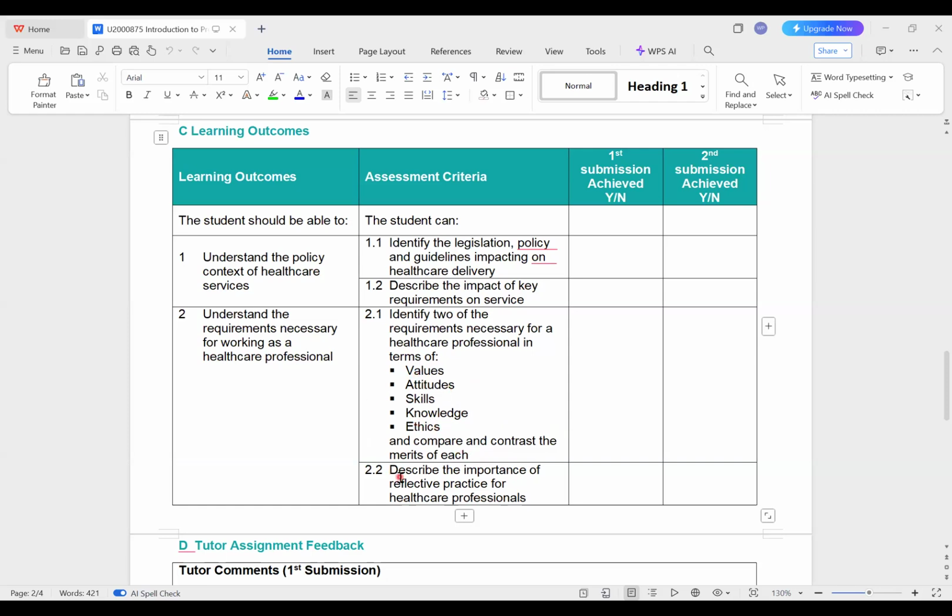And the second part of this second learning outcome is to describe the importance of reflective practice. So anyone out there, do you know what reflective practice is? What do we mean by reflective practice? Anyone? What is a reflection? In a mirror, when you see yourself, what is it? What is a reflection? Like when you have the mirror in front of you, you can always write it in the chat box